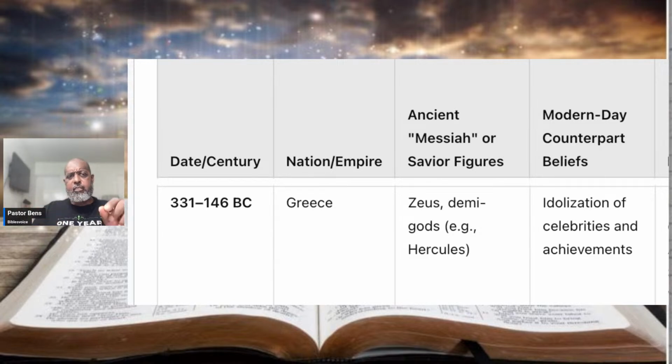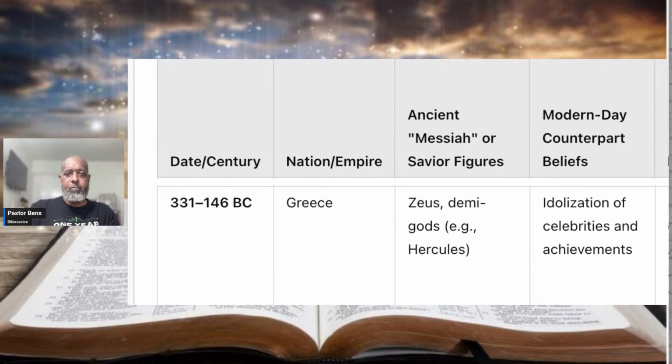All right. So what you got to understand is this: when Yeshua said there will be false messiahs and false prophets, that's not a new message. This is something that has been happening century after century after century. When Yeshua comes on the scene, he's now saying we're in a time where there will be so many false teachers and false prophets and false messiahs that we got to be on the lookout. But we're going to go all the way back to Greece.